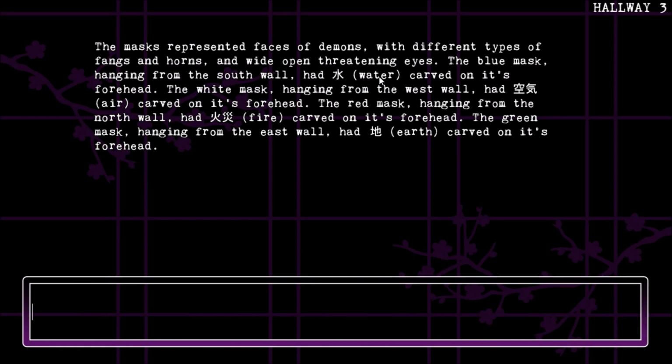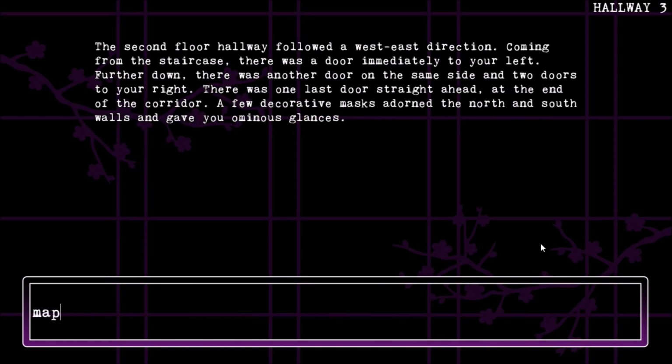and what you're gonna need here is these symbols and what they mean. This means it's the kanji for water. These ones are for air, and so on. So if you want to take a picture of this, or if you think you have a good memory, this is what you have to know. One of the things that you have to know anyway. So anyway, you can look around, and now